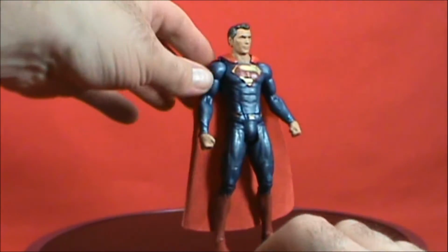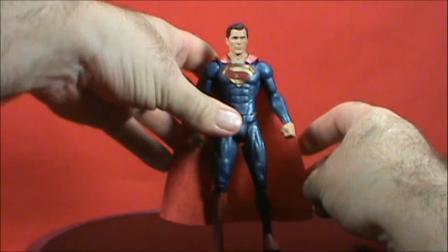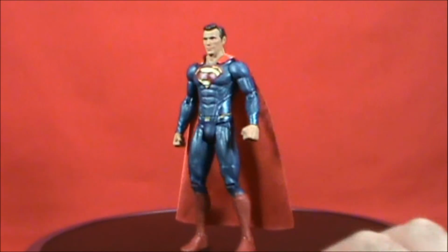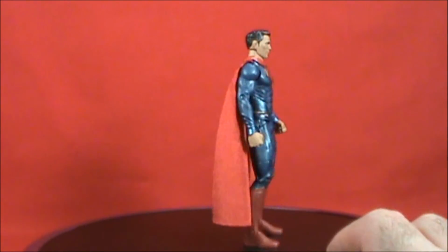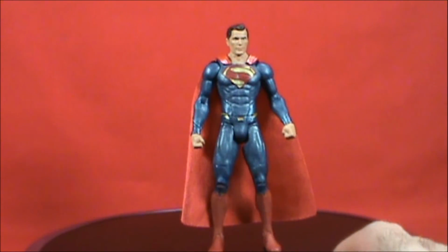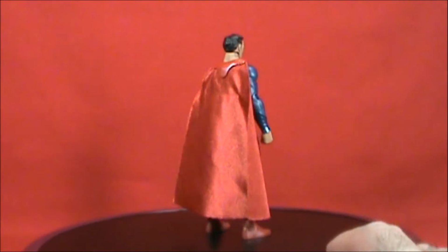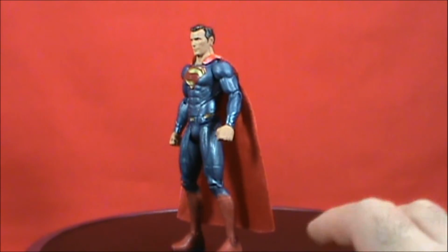I'm okay with the cloth cape. I think it does work for a little wind purposes there. I can understand the argument both ways of liking the cloth cape and of not liking the cloth cape. It's something that can get torn and chewed up and get dirty and may not look as good. The plastic cape does